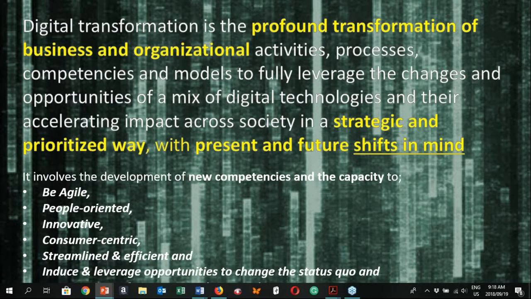Yes, we will still look at efficiency, but the focus should move more towards creating more value or new value for the organization. And as such, we need to look for opportunities to change the way the organization presents itself and its products and its services to society as a whole, and actually challenge ourselves to not keep on doing what we've always been doing.